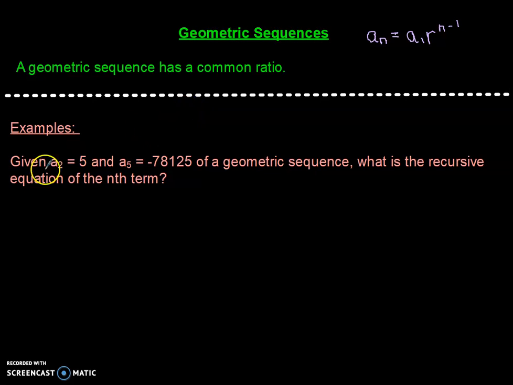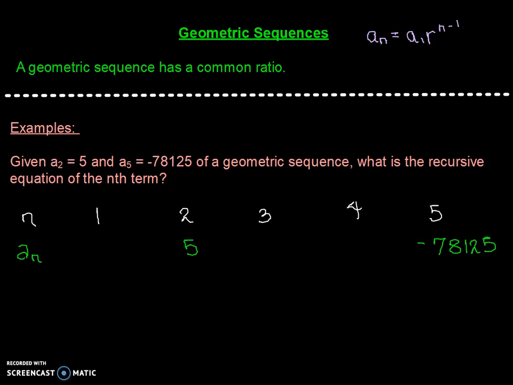Just to keep everything consistent, I'm going to start it off the same way I did with the arithmetic sequence, where I'm going to note the term number, which is first term, second term, third term, fourth term, and fifth term. And a sub n would be the actual value of the term, which in this case, the second term is 5, and the fifth term is negative